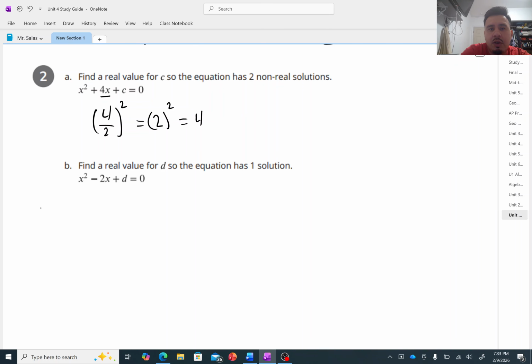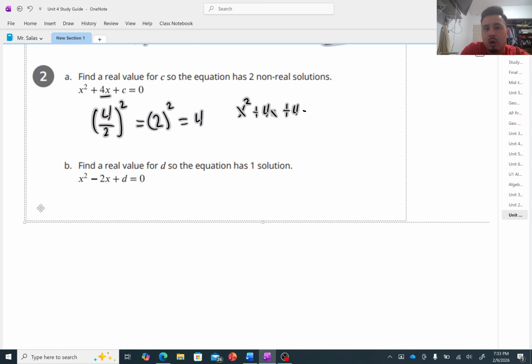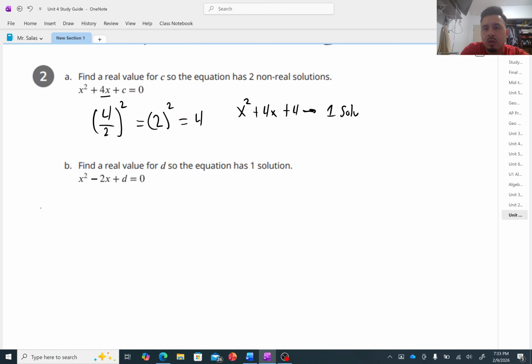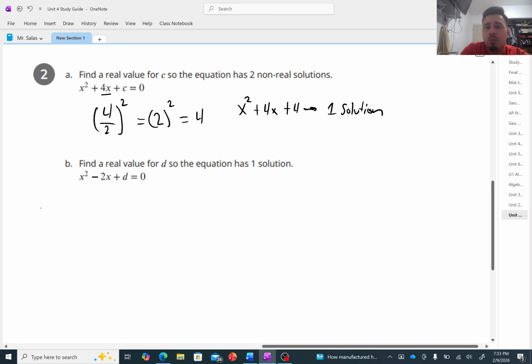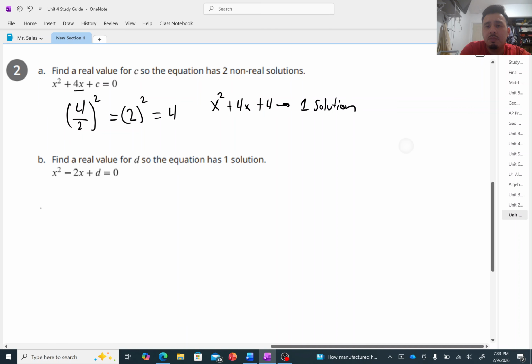So my equation can be like this: x squared plus 4x plus 4, and that will be my perfect square. That'll give me one solution, okay? Perfect. Sorry, that says one solution. So now, if I want two real solutions,